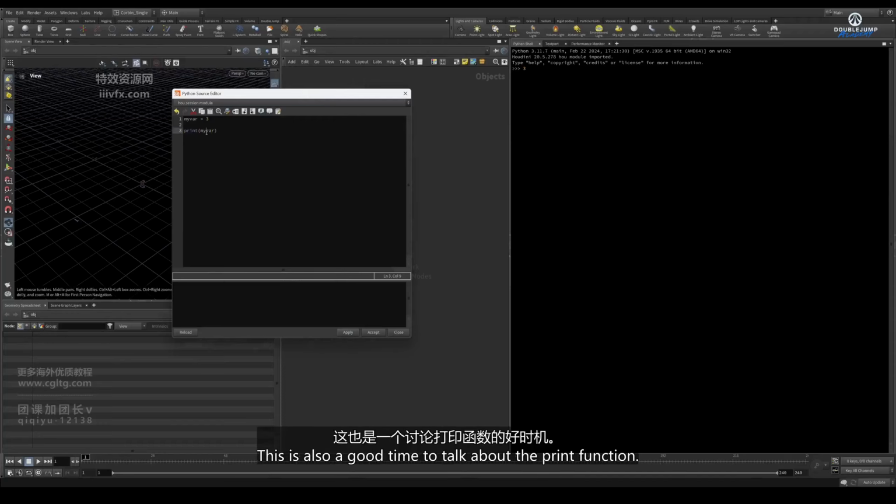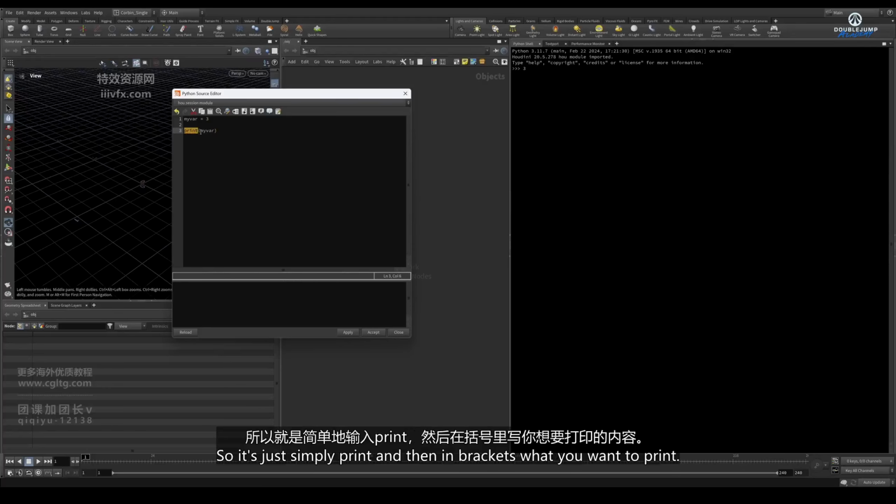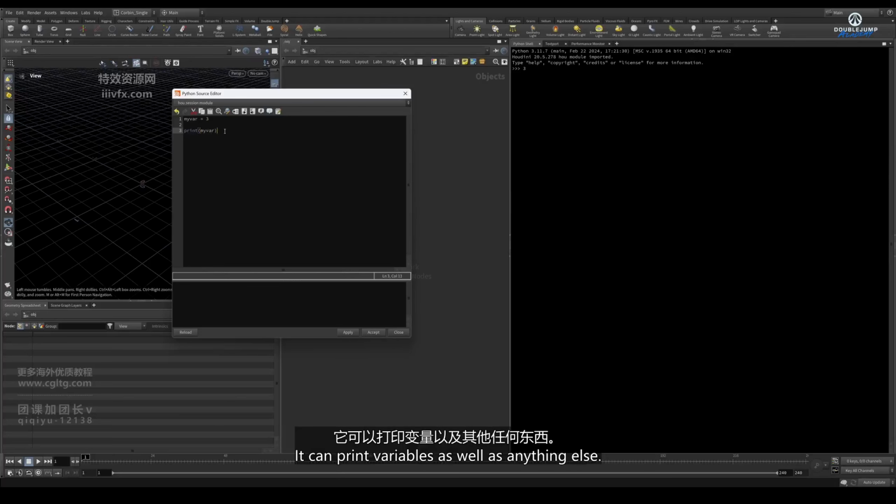This is also a good time to talk about the print function. This is going to be incredibly useful. It is simply print, and then in brackets what you want to print. It can print variables as well as anything else, like you could feed it numbers and text and whatever, and